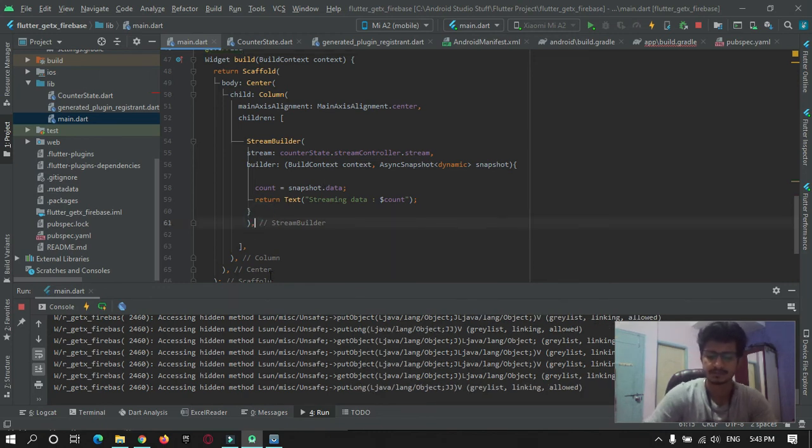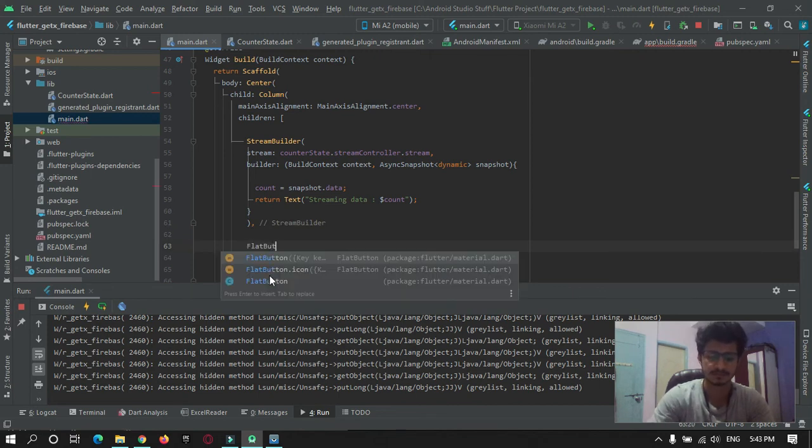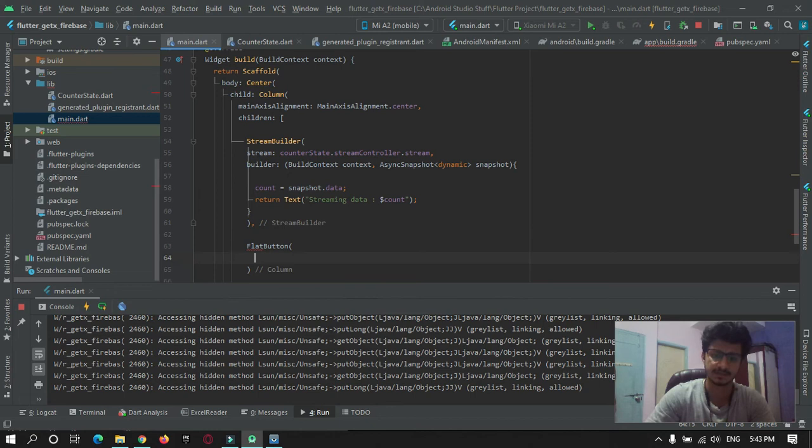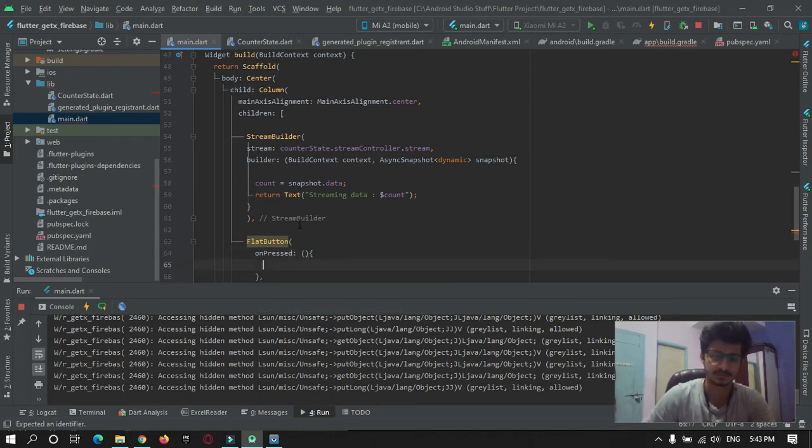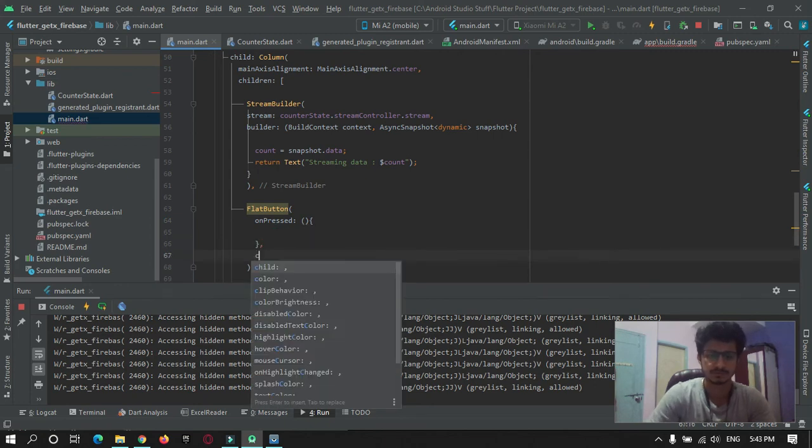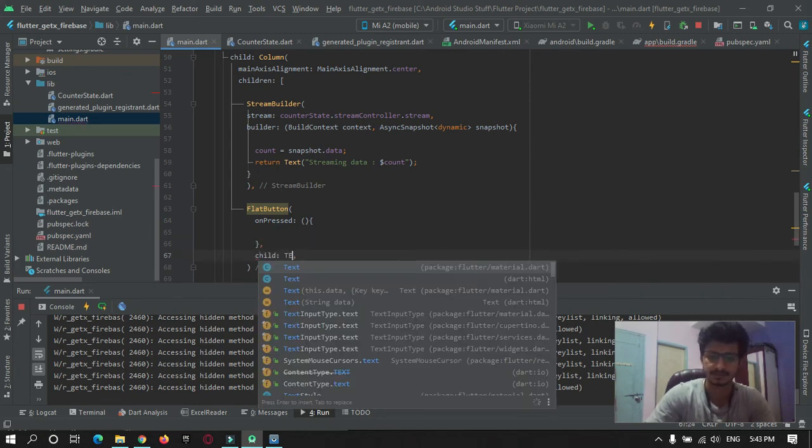For that, here add one button, flat button, on press, give a text to the button.